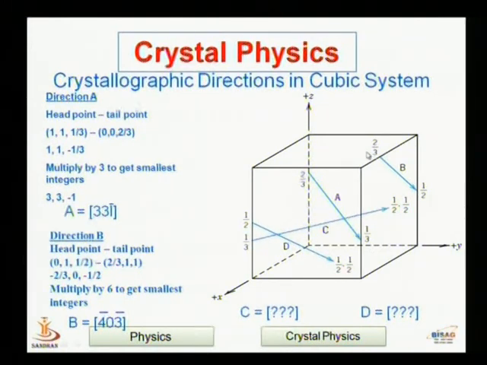Second direction B. Find the coordinates of the head of B and then the tail of this B vector. So the head becomes 0 1 1/2. For the tail it is 2/3 1 1. Subtract the coordinates of the tail of B from the head, so they become minus 2/3 0 minus 1/2. So 6 will be the value of the LCM. Convert this into the smallest integer numbers, so this